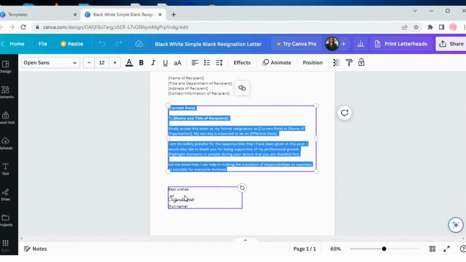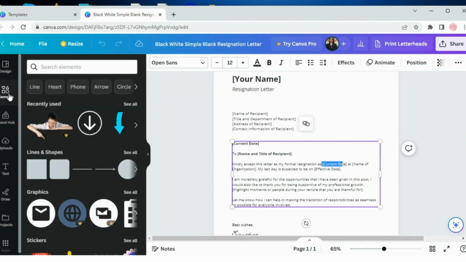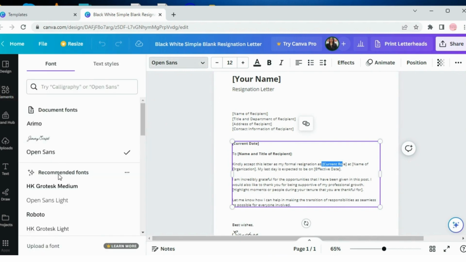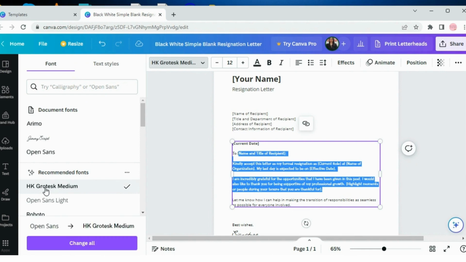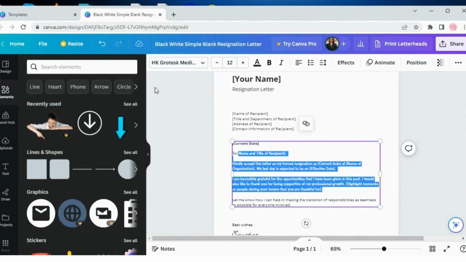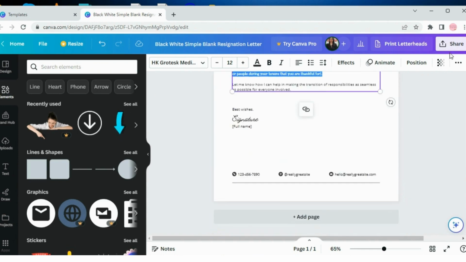intention to resign. Customize the design elements of the template to match your preferences or the tone of a resignation letter. You can change the fonts, colors, and sizes of the text, as well as add or remove graphics, images, or shapes. Once you're satisfied with the design and content of your resignation letter, review it carefully to ensure accuracy